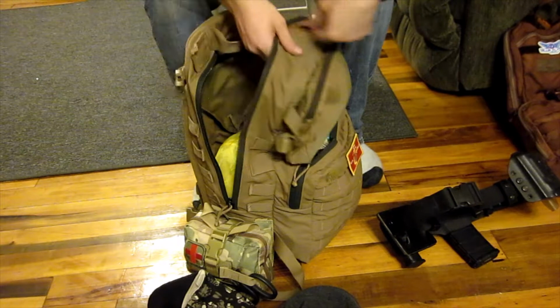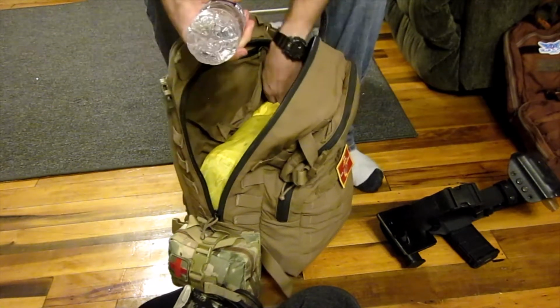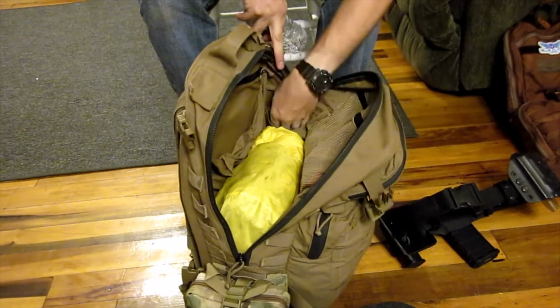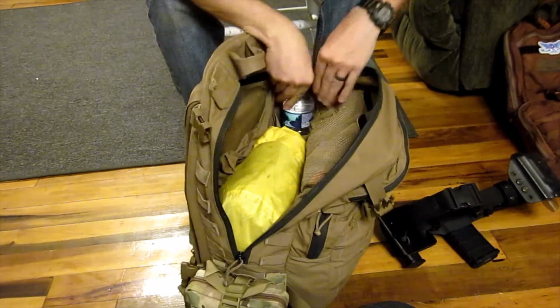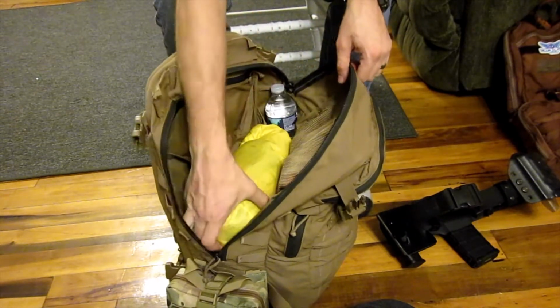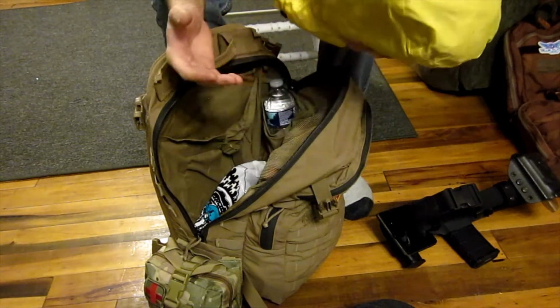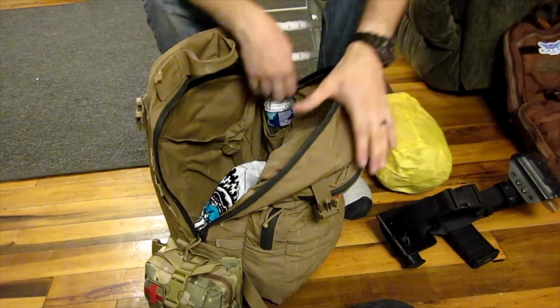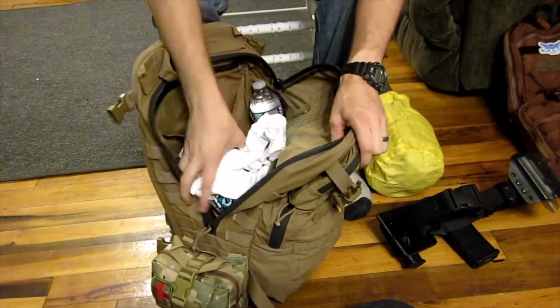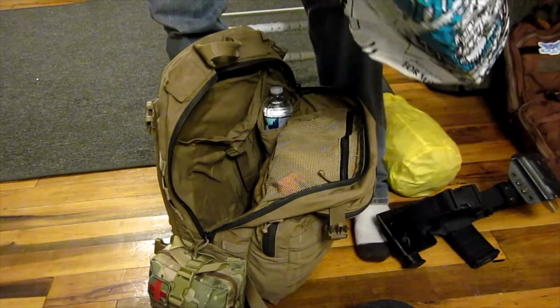I have got the canteen full on the side, but then I've got an additional bottle of water, and I've actually got that plugged right down here in this pocket inside. There's another pocket on the other side, but it's half the size of this one. I've got an extra change of clothes. This is a dry bag, and then down at the bottom I've got an old pair of boots. But you can see quite a bit of storage in here,